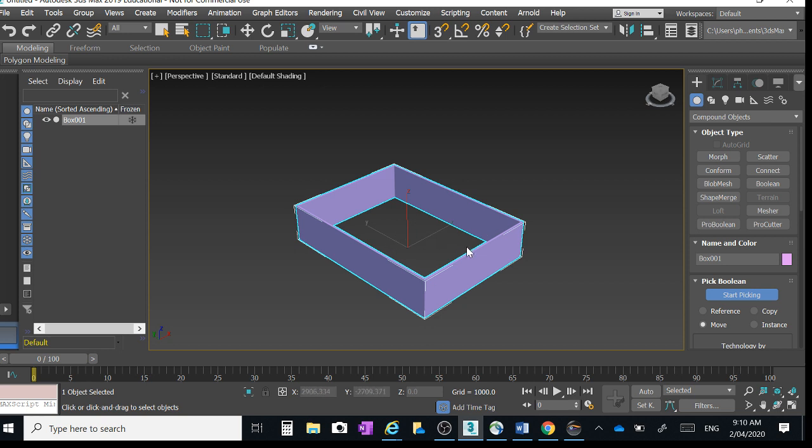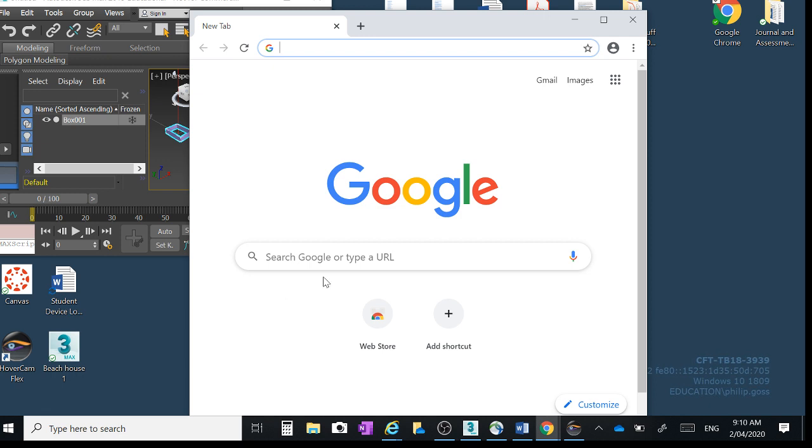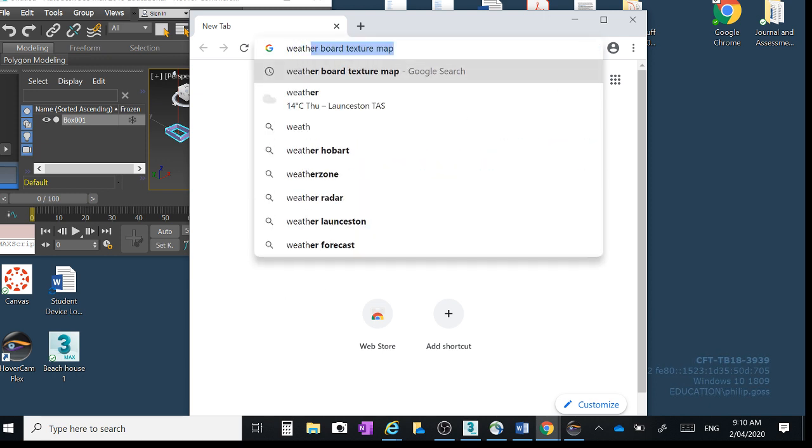Now, at this point, it's not a bad idea to think about what sort of cladding you're going to put on the outside of your building. So what we're going to do is go into Google. I'll use Google Chrome, so I'm just going to shrink that down. That's sitting there. I'll go onto Google Chrome, and I want a weatherboard texture map. So weatherboard